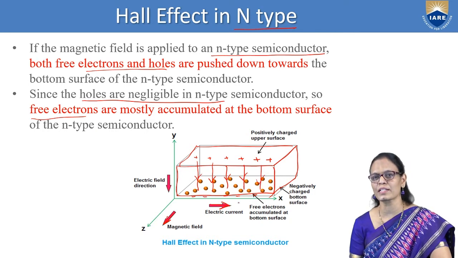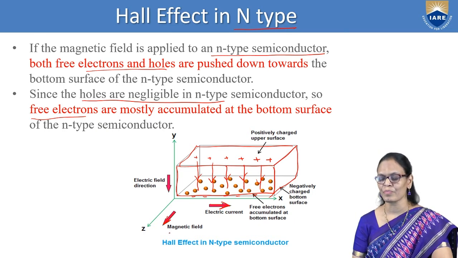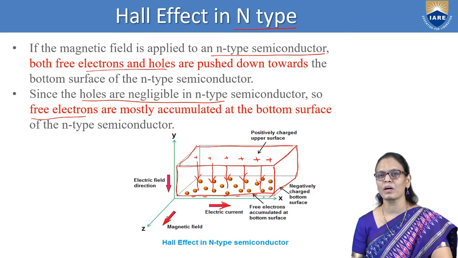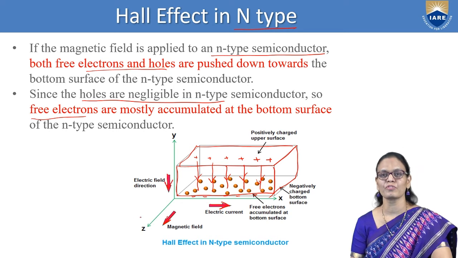So this is what we have to understand here. We have taken a semiconductor and we allow current to flow through it along the x direction. It is subjected to a magnetic field along the z-axis. Because of these two effects, there will be a force acting on the charges, and they are separated. Because in n-type the majority carriers are electrons, all the electrons are deposited in the downward direction, so the upward side becomes positive. Because of this, there is an electric field.